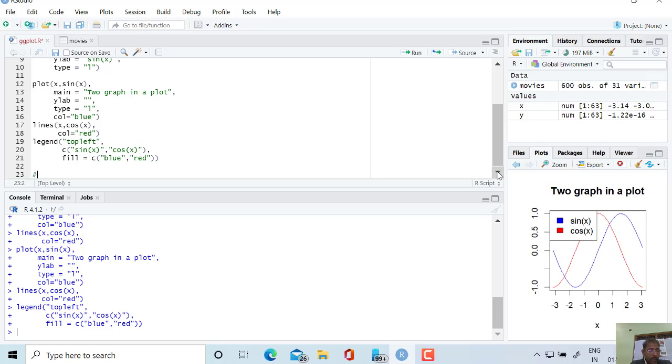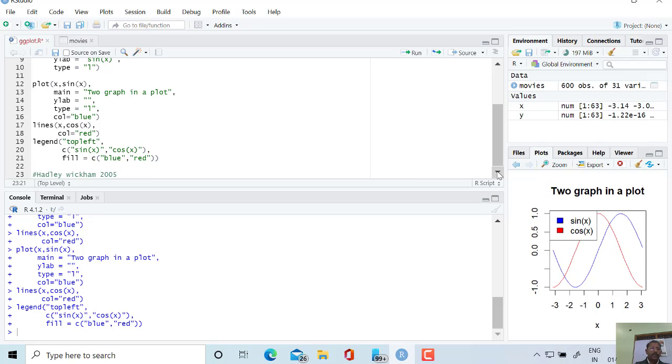The answer to my second question, who has created it, is Hadley Wickham. Hadley Wickham created ggplot2 in 2005. It offers a powerful graphic language for creating elegant and complex plots. So let us see what difference this makes.